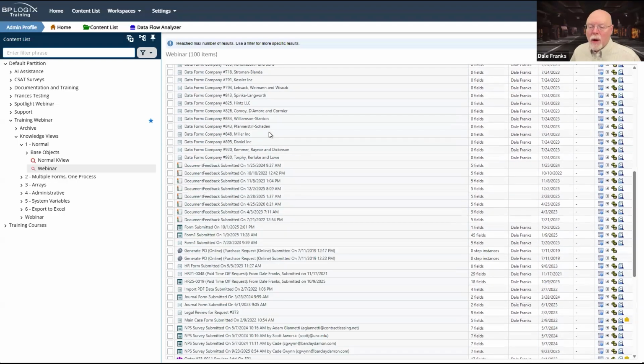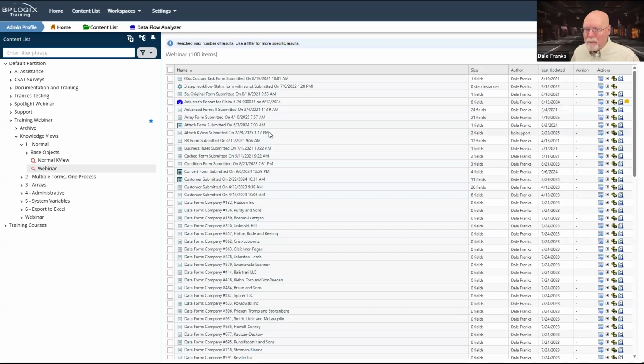So the ordering happens on the client, something that you have to remember whenever we think about what records are going to be pulled back. It's not going to do all the sorting and pull the records back in some sorted order from the database. This sorting is not going to happen until after the records are returned, and sorting happens in the client, not on the database side. So that means that the records have already been returned to you before the sort occurs. So that's just something to keep in mind.